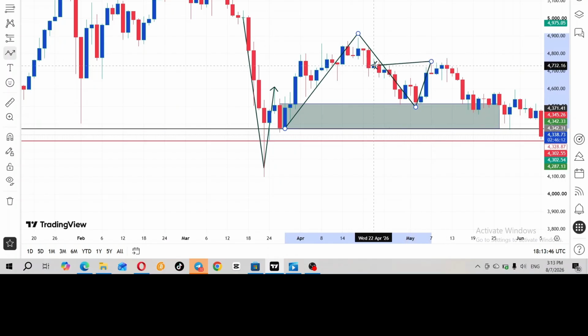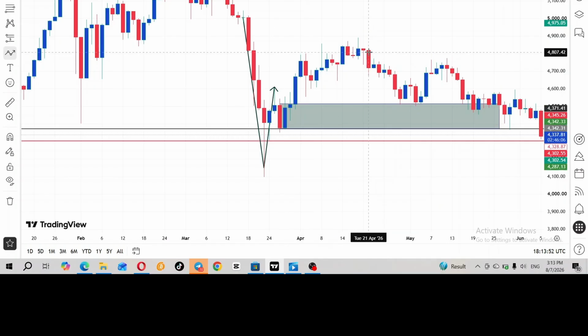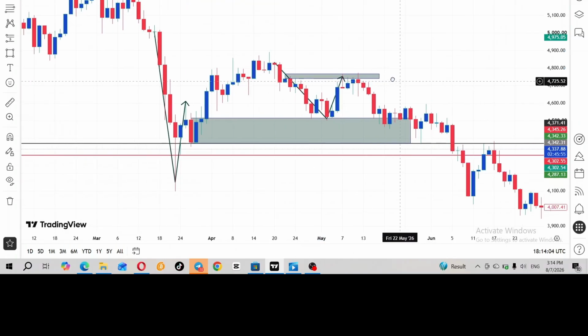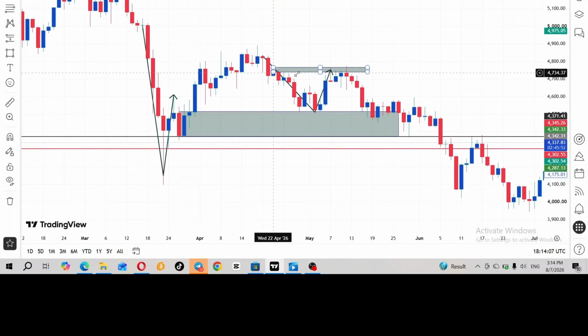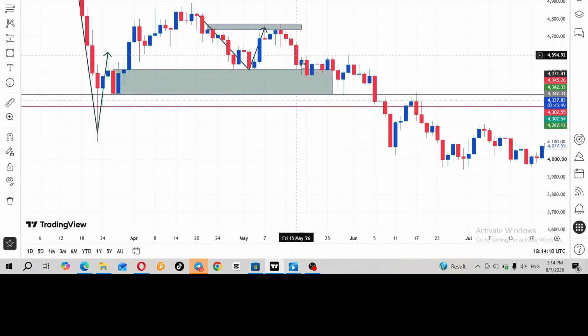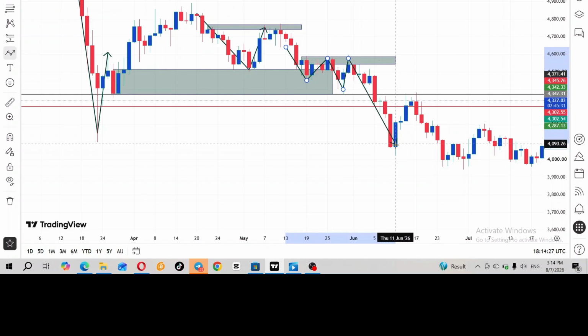In this upward movement it touches another order block, like here. Like this is strong bearish momentum. You also see strong bearish momentum, and it touches this level and the market goes to downward movements. This is an order block or opposite candle. This is a bearish scenario, and another here is an order block or opposite candle. The market is in strong bearish momentum and it touches this level and the market goes to downward movements.